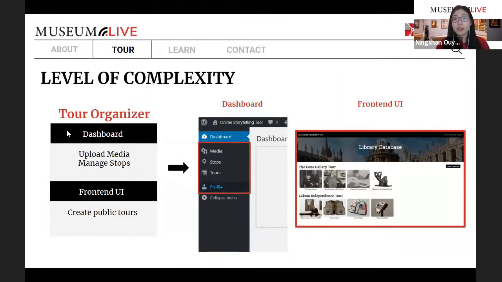Tour organizers, on the other hand, are in charge of gathering tour materials, designing talking points, and assembling them into a tour. They'll be responsible for uploading the media and creating talking points with them in the dashboard. To make it simple and intuitive, other WordPress dashboard features will be hidden from them. And in the front-end UI, organizers could create a tour and have the option to set it visible for all